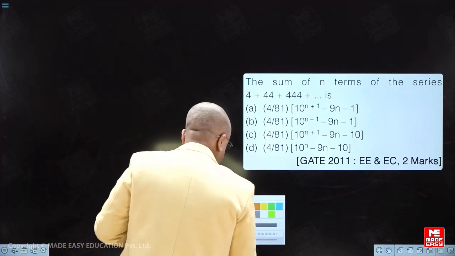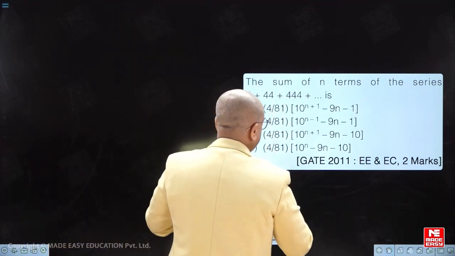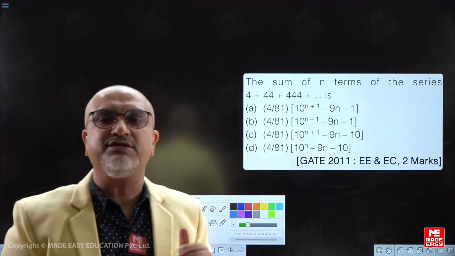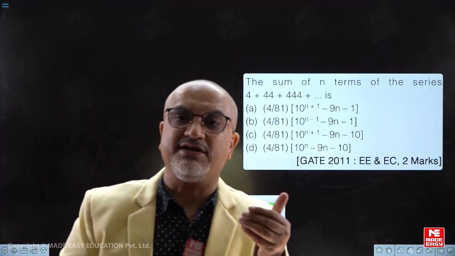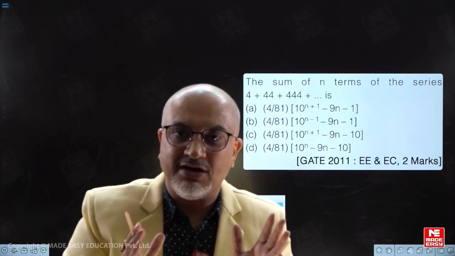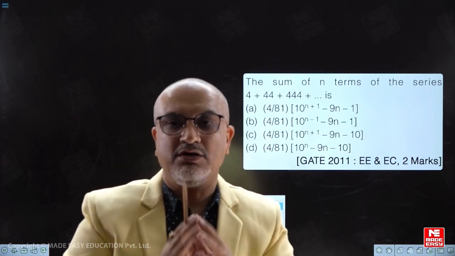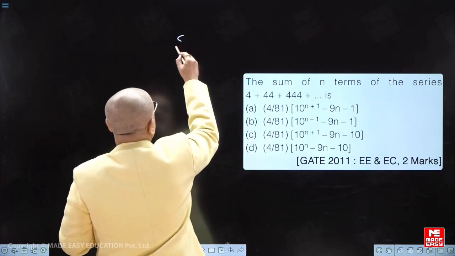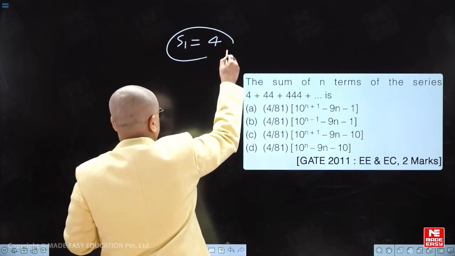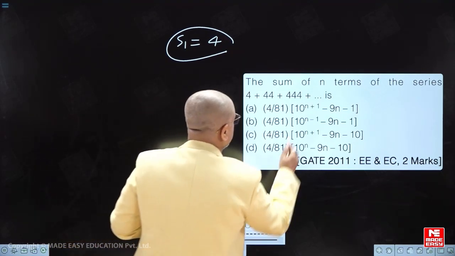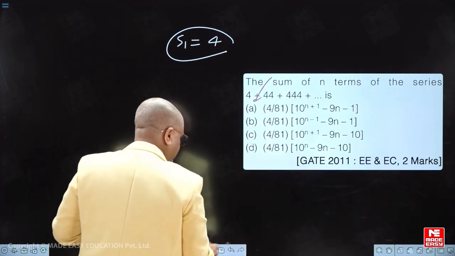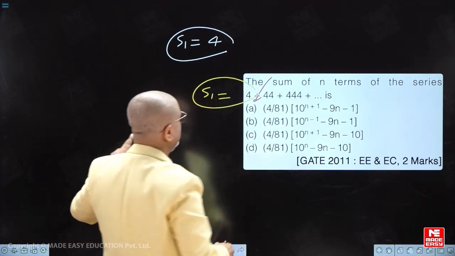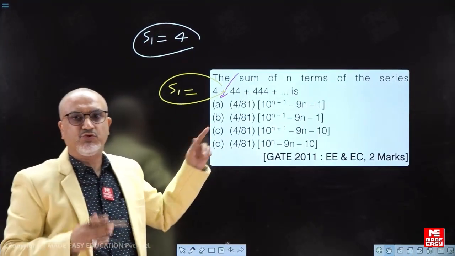So what I can do, rather than using the sum of the series, I will be utilizing the options by summing up the series up till first term or second term, which we will be calling truncating the question to a shorter question, right? So I can easily say that sum up till first term for the series will be equal to 4. If we truncate the question over here, अगर हम इसका sum up till first term निकालना चाहें तो बच्चे को कितना आ जाएगा, 4. Sum up till first term should be equal to 4.